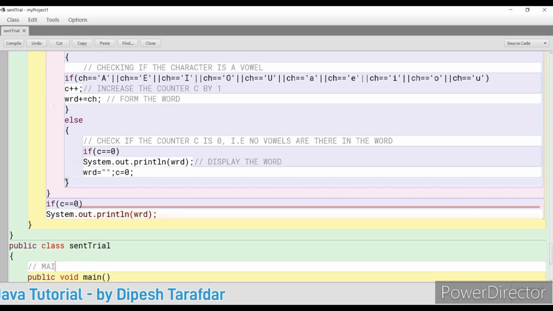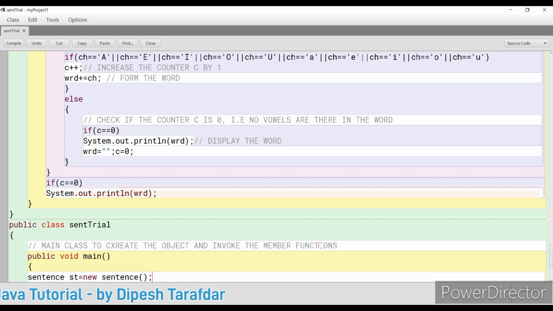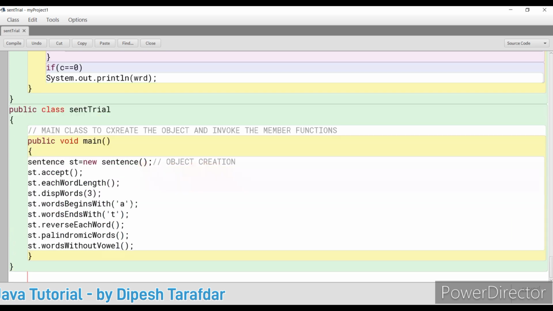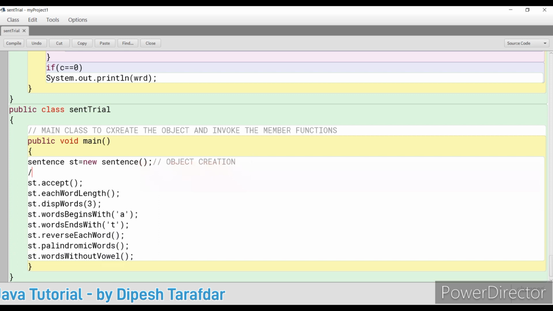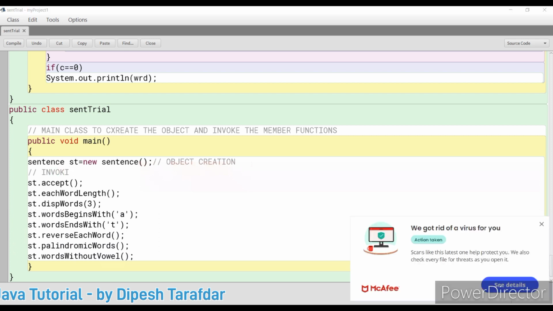Now I have created another class which I made public, and in that class I have written the main for creating the object of the class which has already been defined above, and then invoke the member functions. The class is sendTrial, which has been made public, and we are creating an object of the class Sentence which has been defined before. Sentence st is equal to new Sentence, and then all the functions that the class contains have been called one after another, starting with st.accept, which takes the string as input, st.eachWordLength,